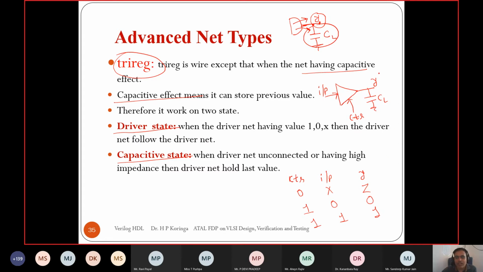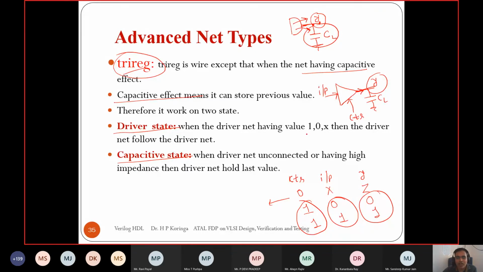But when we define the wire as a trireg instead of simply a wire, if you define y as a trireg instead of a simple wire, then it will make some change. The change is like this. Whenever it is driving, meaning whenever control is equal to 1, at that time whatever input it takes, the output depends on whatever is available here, the output of this driver logic.